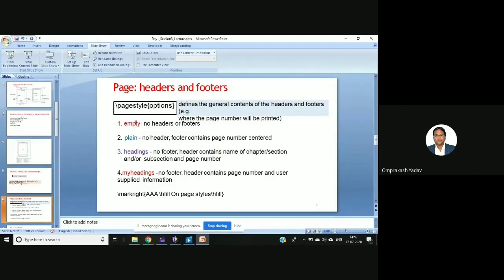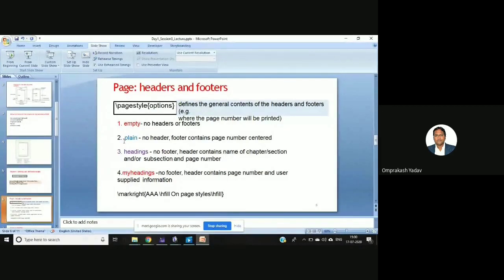If we mention the page style as empty, then there will be no headers or footers. What do headers and footers give? I'm sure you are aware of that. The headers are at the top and the footers at the bottom, and there will be the page number and so on. If you want to write anything in the footer, you can write it there. Similarly, for the heading, if you want to write something, or even print the page number there, that can also be set. So if you apply page style as empty, it will not have headers and footers.